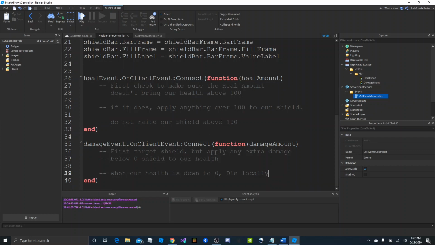Okay, so now we have our script kind of laid out. We have the comments in. So now we're going to write the script that actually takes care of that. The first thing we want to do is get our current health and our current shield. So we can do that by saying local current health. And if you remember, we have that number on each bar. So let's use that number. But we're going to turn that number into an actual number. So we can say toNumber, which is a nice little function we get to use. And then we'll use